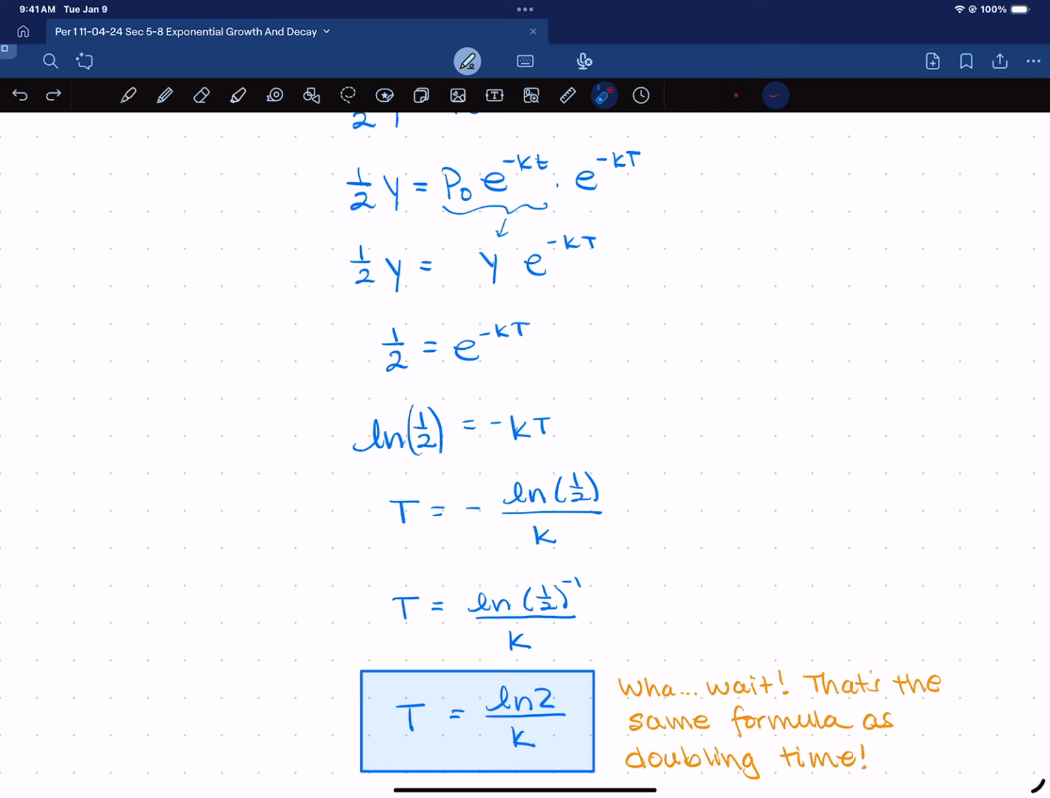How is that possible? Does that even make sense? And the answer is, yeah, it does. Of course it does. Now, again, try to think about why that makes sense. Why would the formula for doubling time be the same exact formula for the half-life time? And try to think about it on your own. Pause the video,